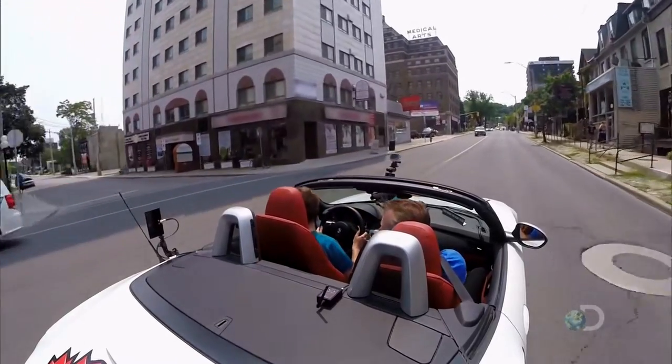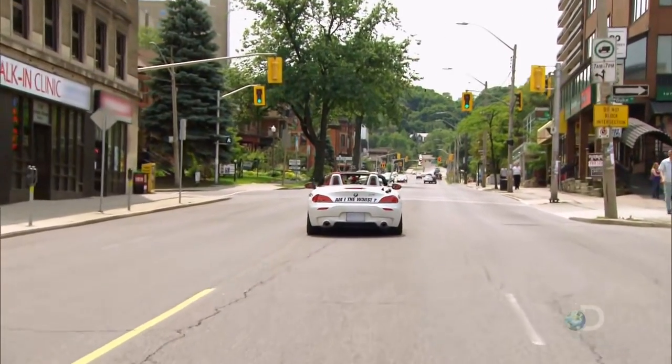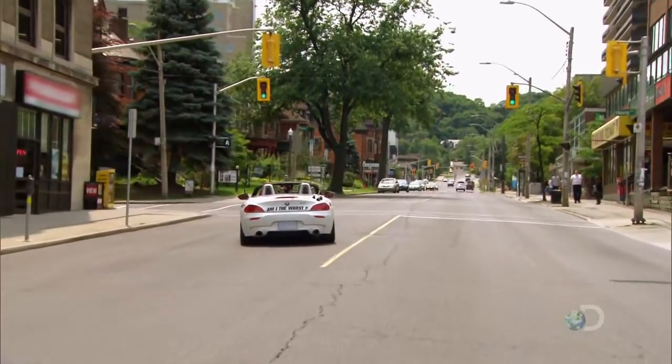Shalom misses a turn, which is fine, but his U-turn attempt is far from fine. Do a U-turn and go back to... I'm gonna switch lanes. What are you doing? Now you're in the oncoming traffic. Oh,